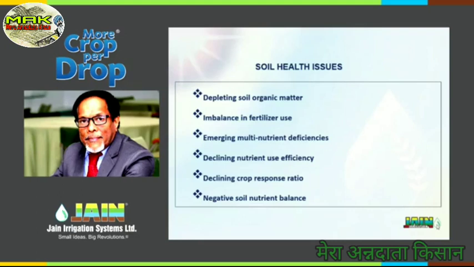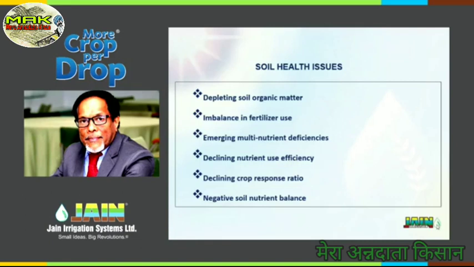like that. Declining nutrient use efficiency, which you already saw, and declining crop response ratio, which means the crop gives you less and less per unit of fertilizer you apply. This leads to soils that now have a negative soil nutrient balance, despite year by year increase in adding nutrients to the soil. This is something people with an agriculture background, and even the administrators who are trying to develop Indian agriculture to be more precise, with higher productivity, higher incomes and all that, have to really think about and find solutions.